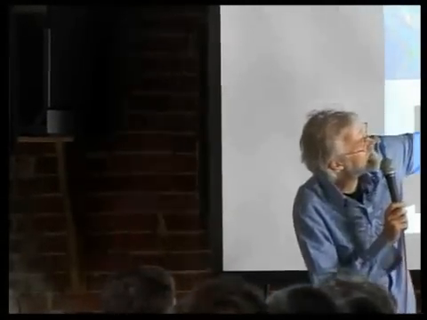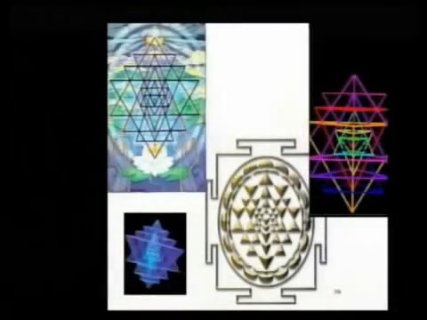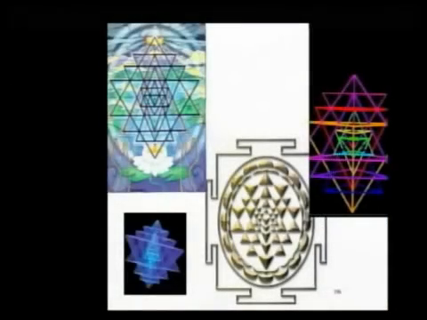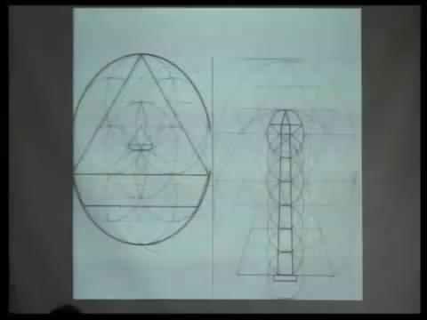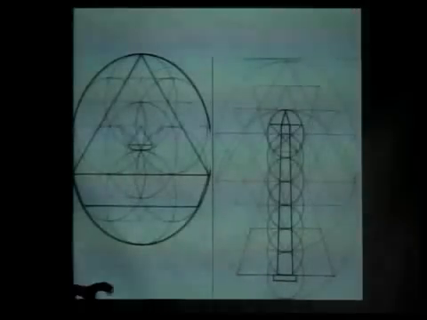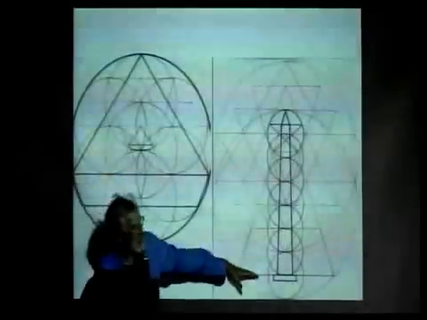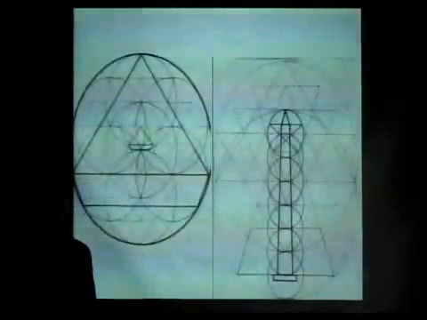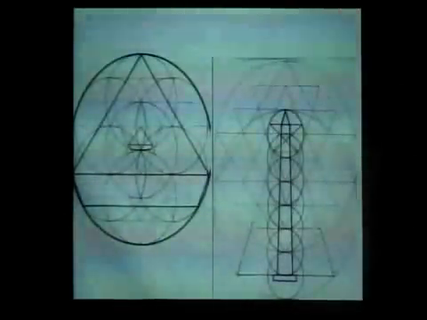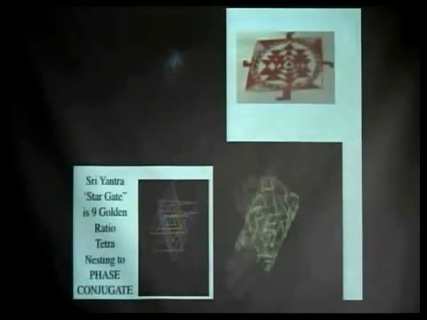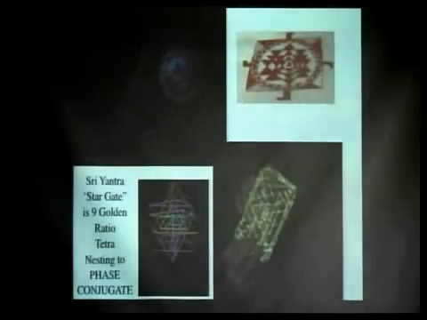But in the Sri Yantra, the reason there are 9 triangles in 3 dimensions at golden mean ratio is because that is the cause of the living plasma field you call your aura. And I refer specifically to 9 chakras, 7 in and 2 above your body. So here's this wonderful movie called